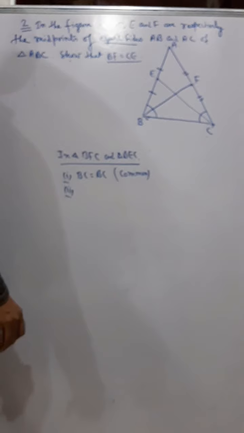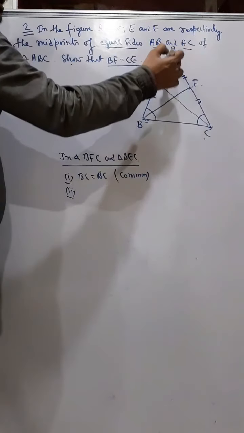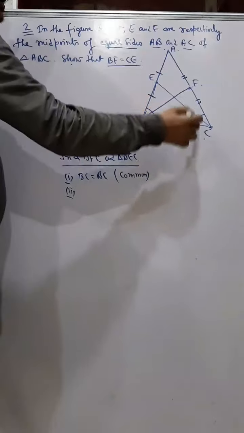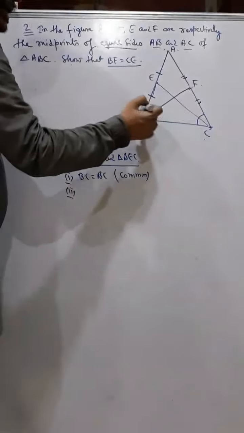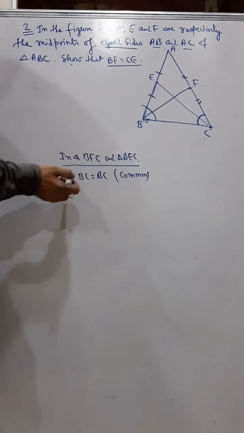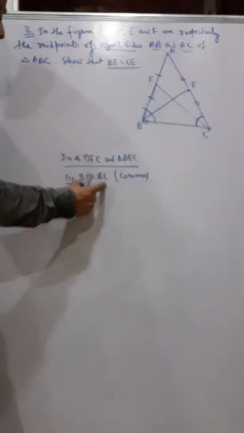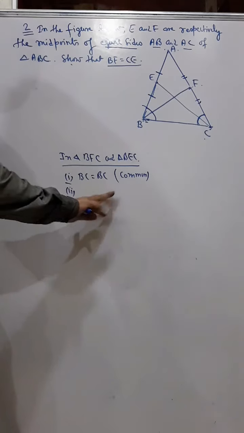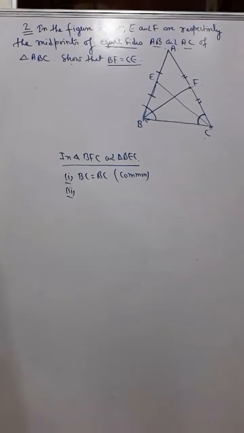Number two, we can say that this angle equals this angle. You know why? Because AB equals AC. If you see in this triangle ABC, if AB is equal to AC, then angle B will be equal to angle C. Isosceles triangle. So therefore we can say that in triangle BFC, now always remember we have to always put the points in the same order in all 3 points. Don't mix up this order, otherwise marks will be deducted. Now what do you mean by the order?